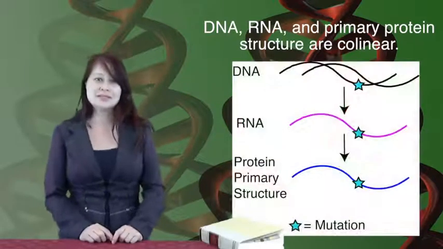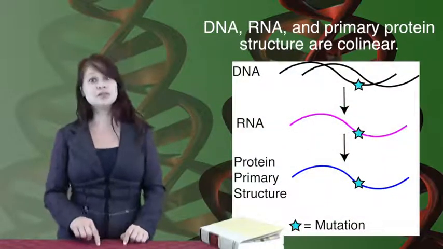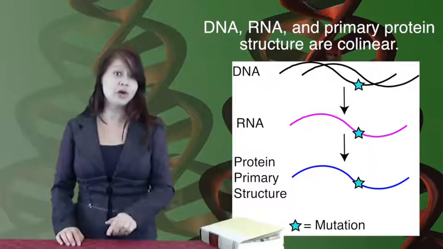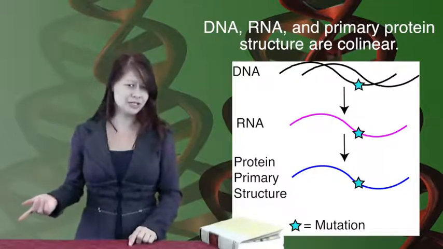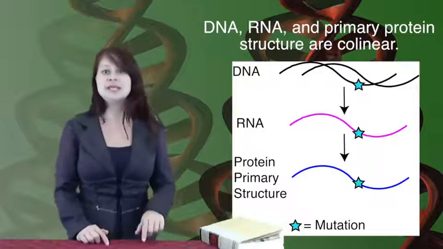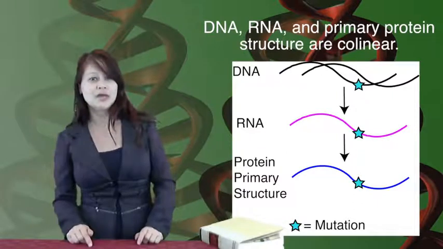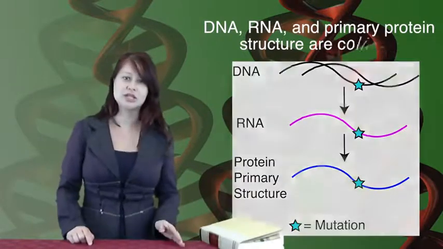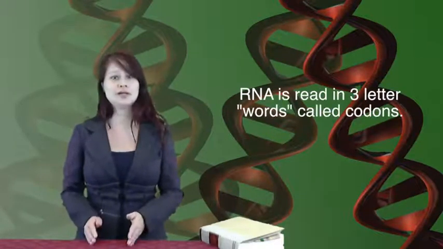Normally, genes code for protein, and one of the things that we see is that the DNA sequence determines the amino acid sequence in a point-to-point manner. We talked about that during our last discussion with the sickle cell trait, when DNA is used to make an RNA template, and this happens in a linear fashion, and then that RNA is read in three-letter words called codons.